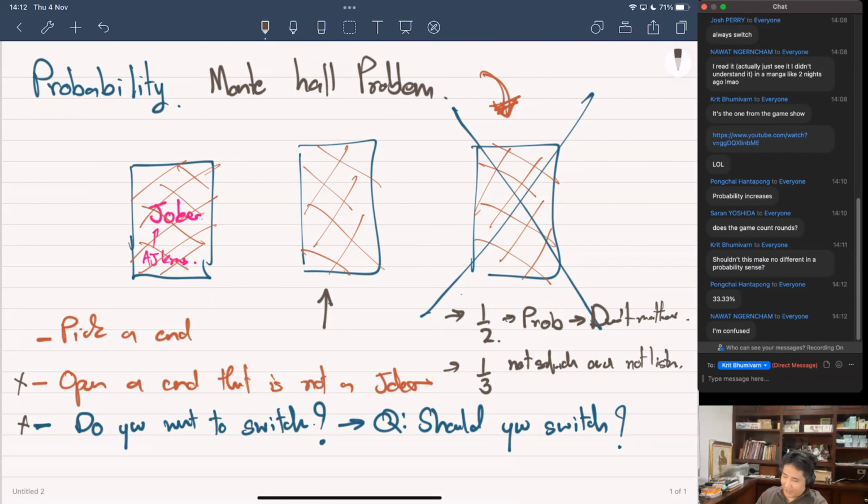To understand this, it's important that you understand the argument. Yes, and you should be confused. You should understand the argument, but you should be confused about why there is a conflict. Okay, so let me recap for those of you who came in late. Monty Hall problem. Why are there only 15 people here? Did they drop the class or what?